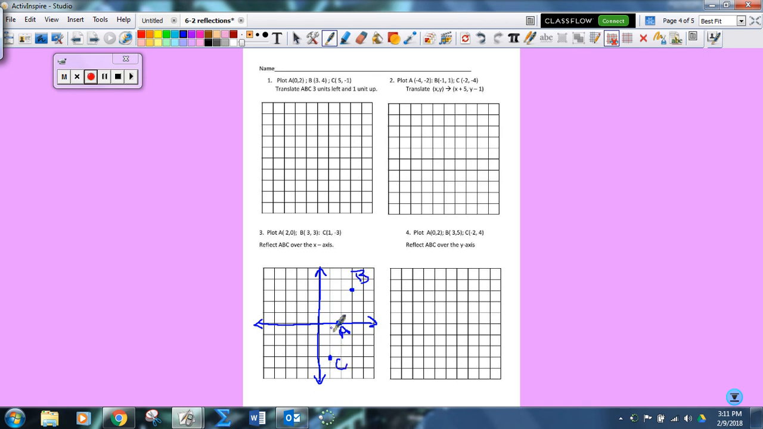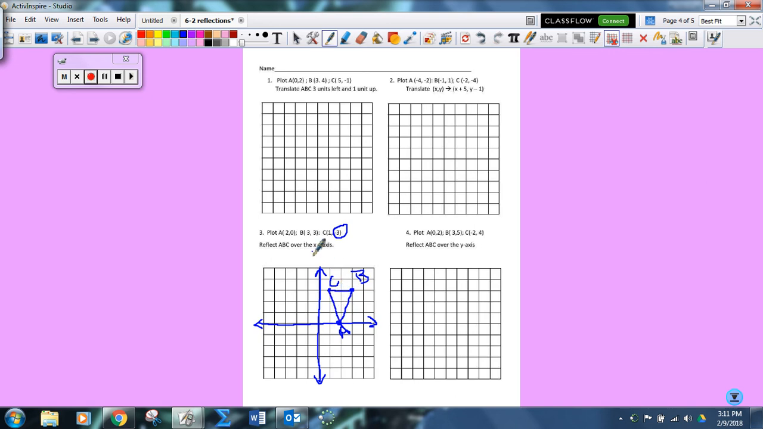And this is supposed to be a triangle, and this is the worksheet that has the typo. So what I want to do is I want that to be 1, positive 3. So we're going to change that to be a positive 3. Over 1 up 3. So we have this triangle ABC